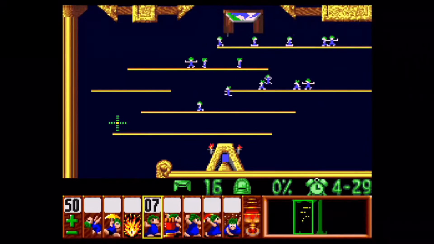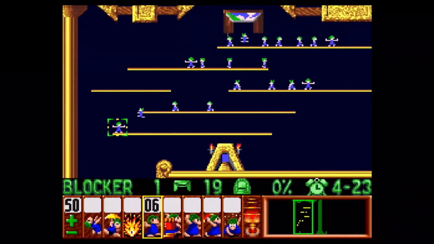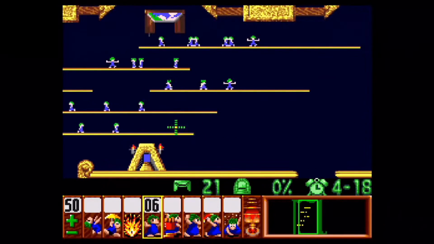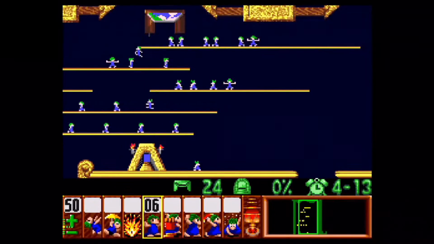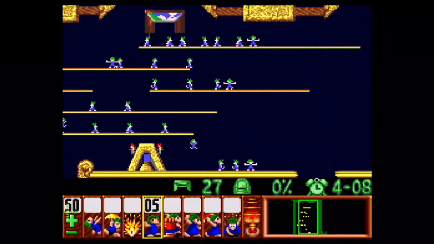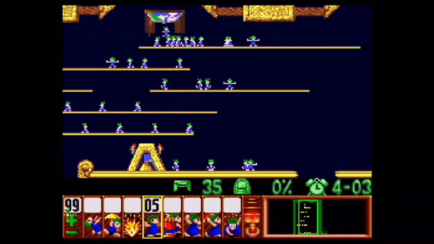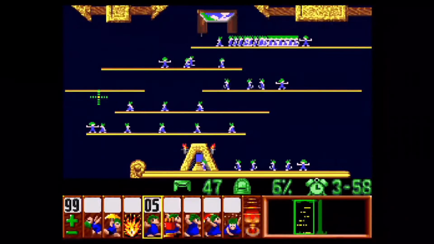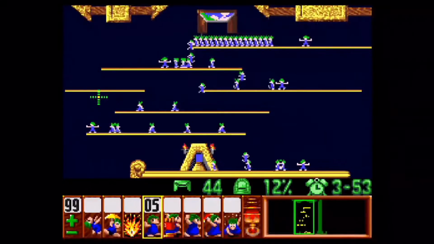the abilities, the different abilities for the lemmings, and also selecting the lemmings, kind of like what I'm doing right here. I selected that blocker, and he's doing the action I want him to, and I'm going to select again here, and that's all you do. Now, the trick is learning how to pick the correct